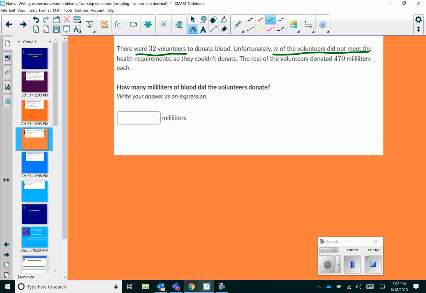So if those N volunteers were taken away, we have to take the 32 and subtract the N that was taken away. So this is how many people actually donated, and they're saying the rest of the volunteers, which is 32 minus N, then donated